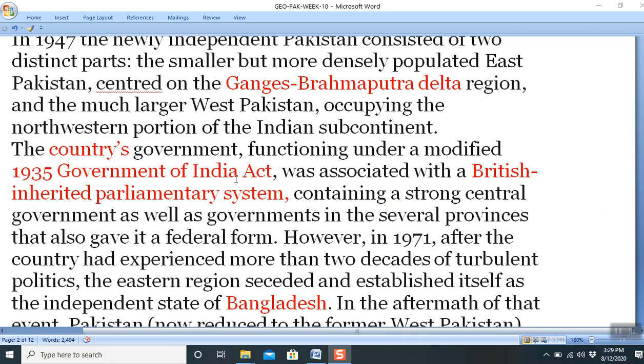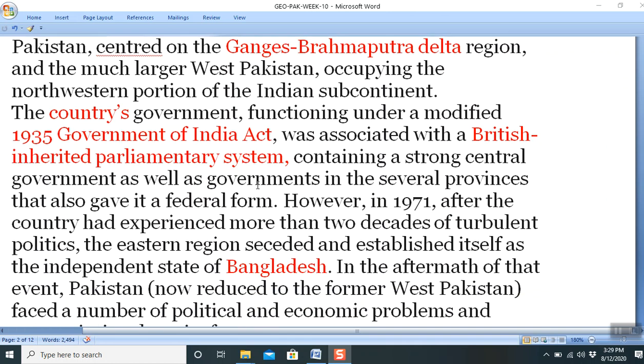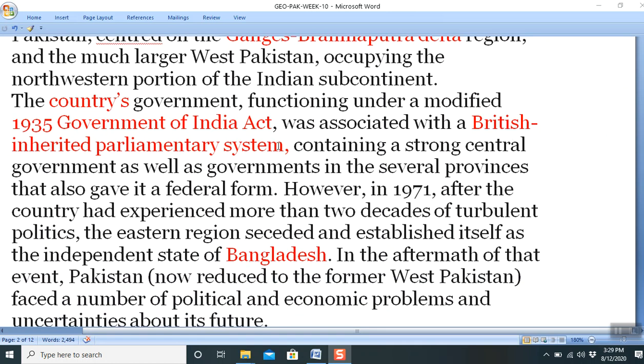The country's government, functioning under a modified 1935 Government of India Act, was associated with the British inherited parliamentary system, containing a strong central government as well as governments in the several provinces that also gave it a federal